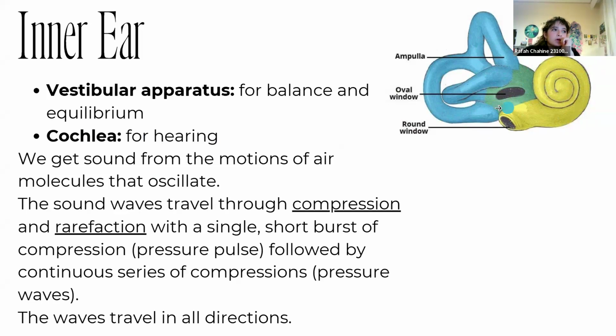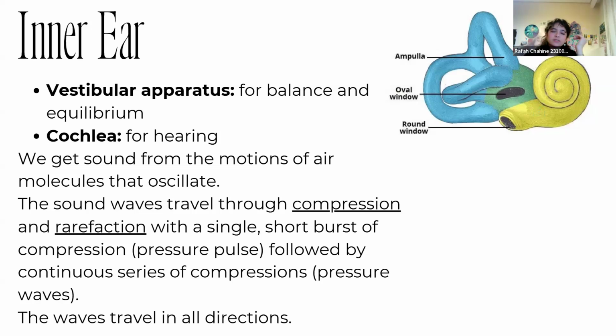But so the inner ear is made of the vestibular apparatus, which is the utricle, saccule, and the semicircular canals together. And those are the ones that are mainly concerned with balance and equilibrium. That's why I said we're going to talk about them later. But we also have the cochlea for hearing, okay? Now,